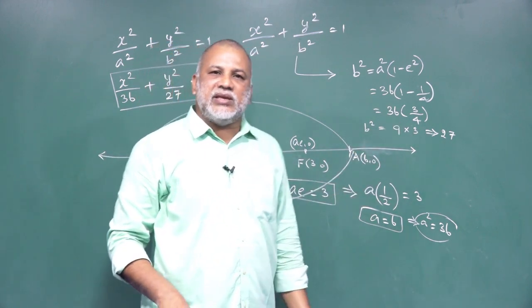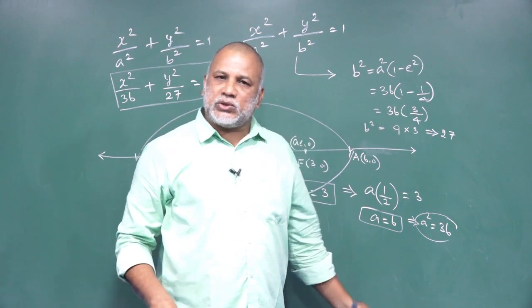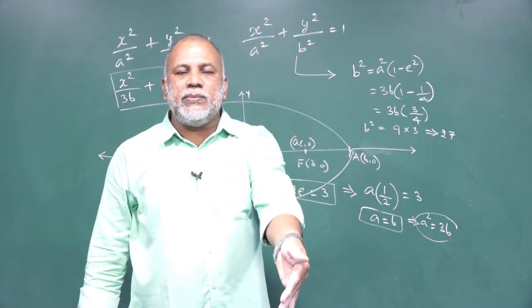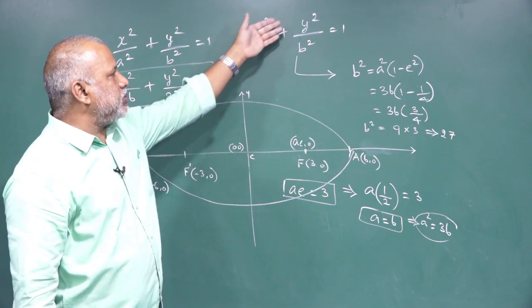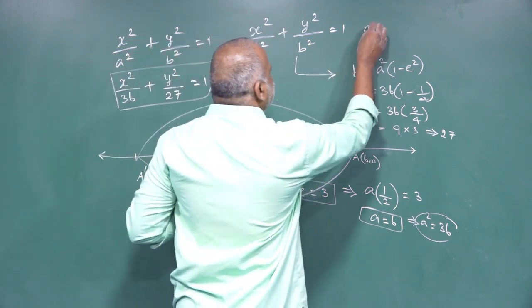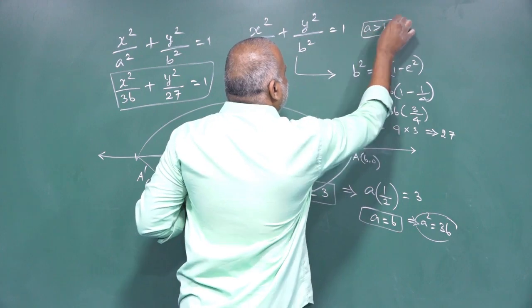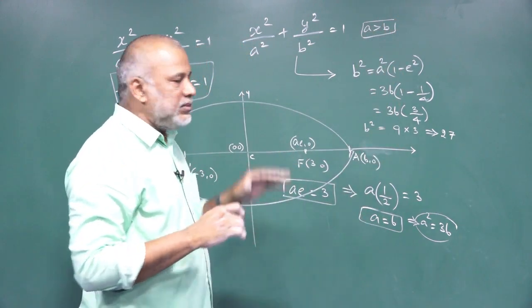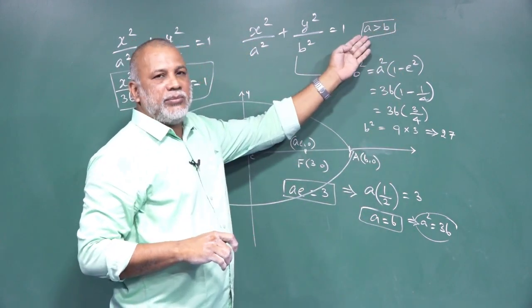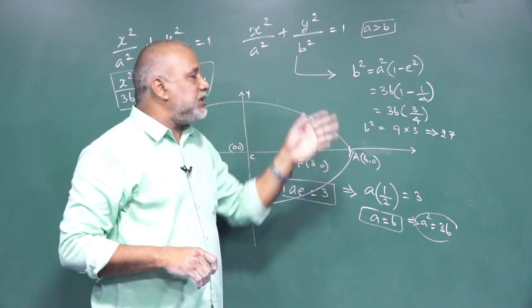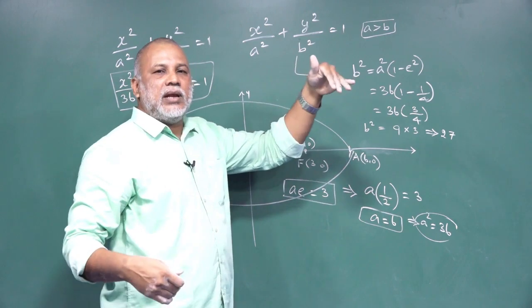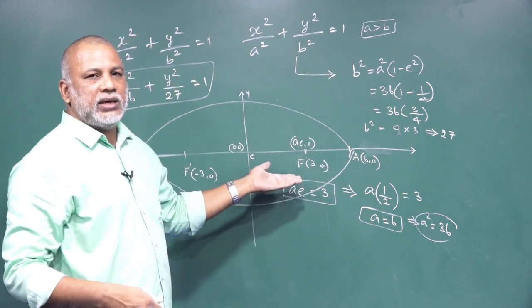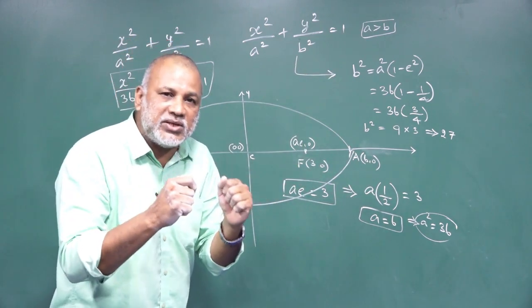After that, make the decision whether it belongs to which type. It belongs to type 1, major axis along x axis. After that, finalize the equation, x squared by A squared plus y squared by B squared. Here always write like this, A greater than B. Then only your knowledge will be clear. Type 1, A greater than B. Type number 2 also A greater than B, but the formation is x squared by B squared, with the major axis along y axis. Here we are decision making. Type number 1, how do we make this decision?